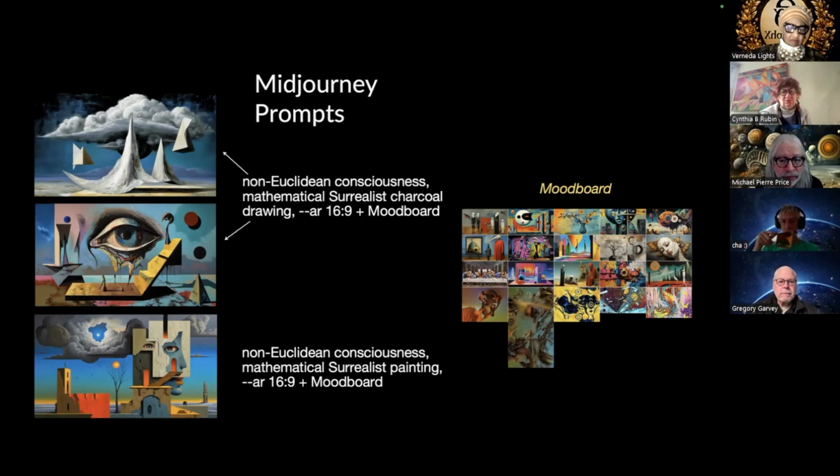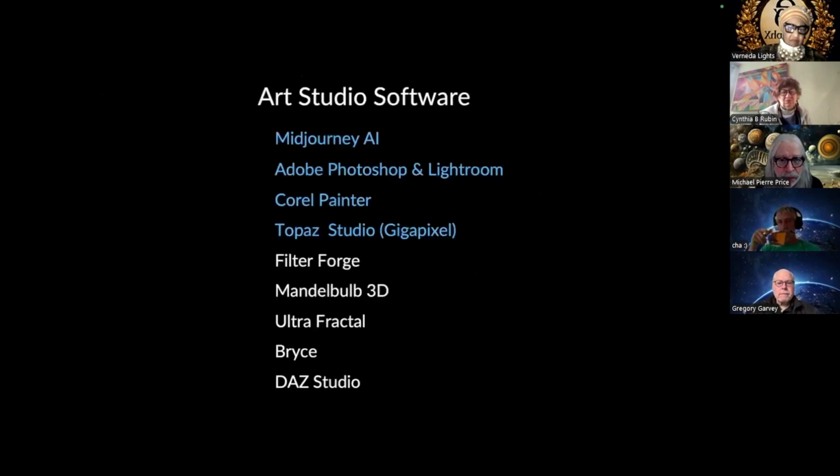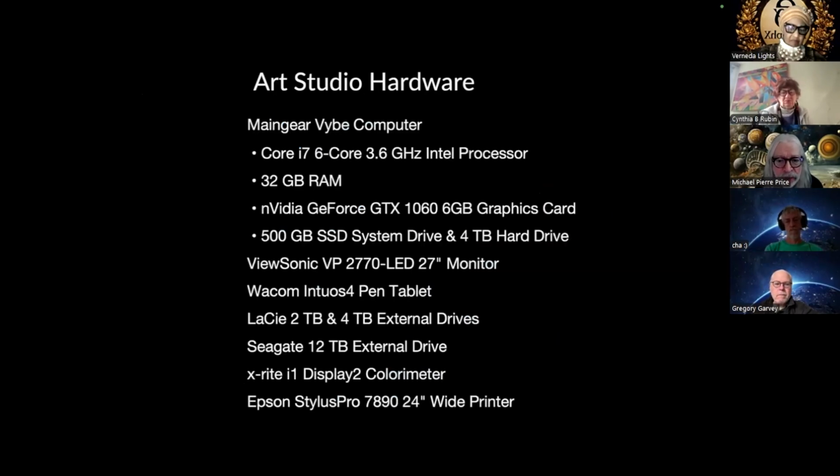Here's the software that I use to create my works. The 4 that are highlighted in blue are the actual ones that I used to create the 3 final works of art. And then here's my hardware, from my computer to my external hard drives that I save most of my imagery on. And then finally, the printer that I use to print my work.